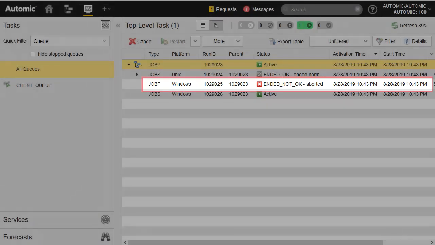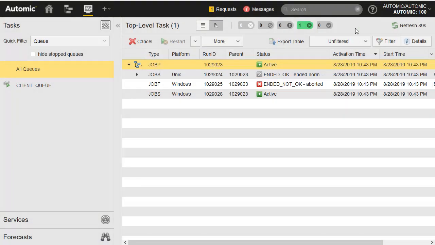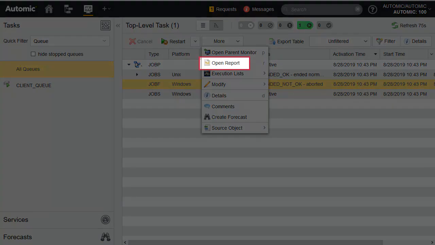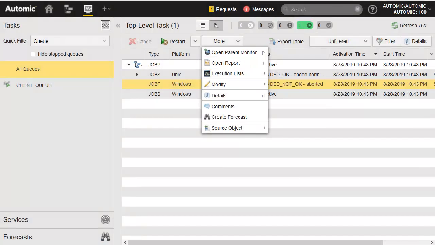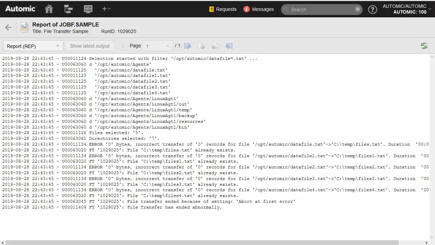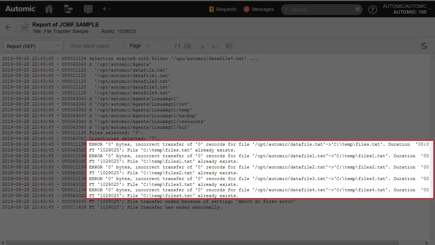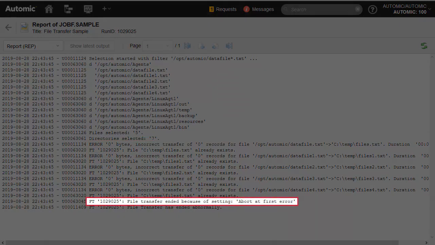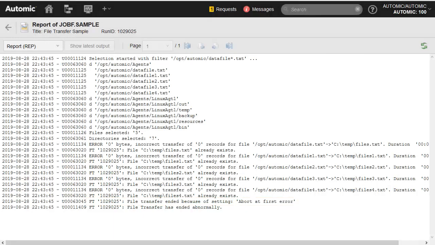Let's pull up the report. The error is obvious. The files already exist on the Windows host from our previous transfer. Since we indicated we wanted to cancel the transfer if this was the case, and abort on first error, that is exactly what the engine did.